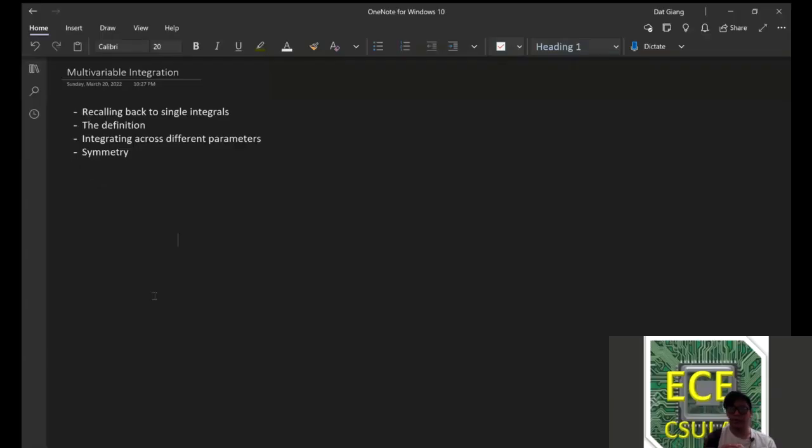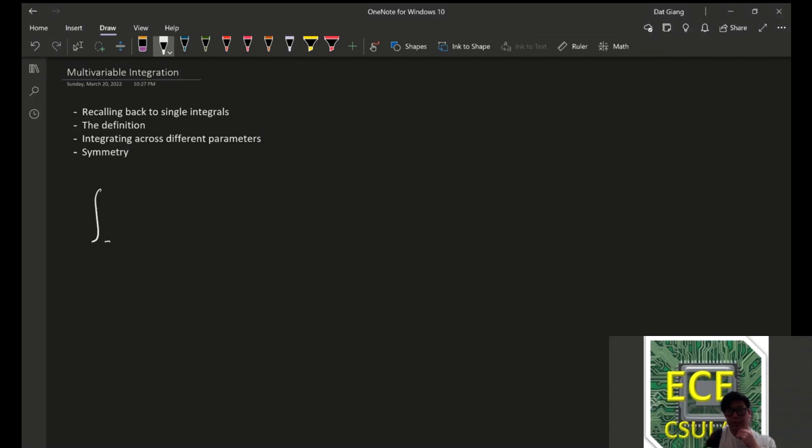Okay, so we're now going to discuss multivariable integration. First, recall the definition of single variable integrals. The integral from a to b of f of x dx gave us the area underneath a curve from a to b,